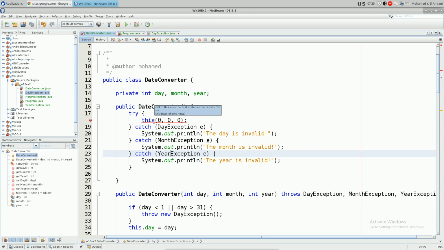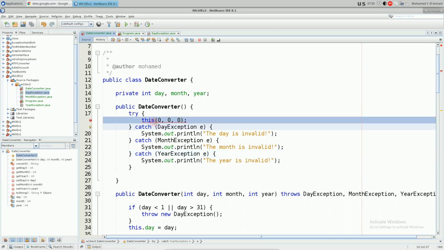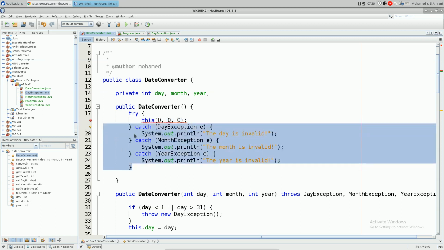Call to this must be the first statement in constructor. So that's what I knew, but it confused me that this is not the first statement in the constructor, because there was another error hiding this error as well. So now this is not about the fact that this needs to be caught. They're caught now, but they're not acceptable because the call should be the first in the constructor. That's what I knew, but this made me change